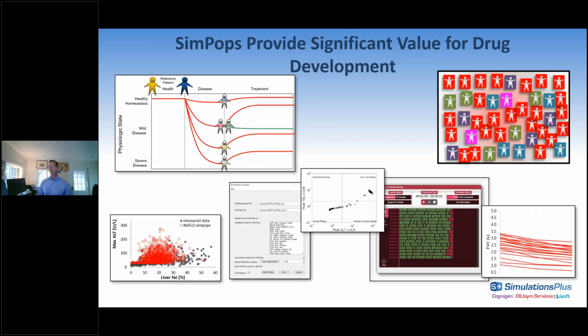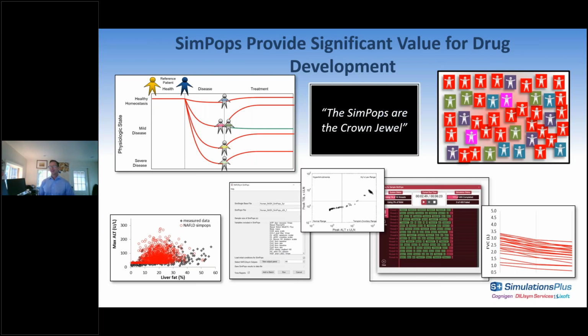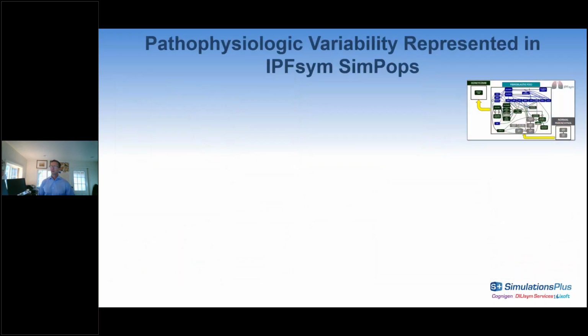If you advance one more, please. You'll see this quote from one of our users. I believe this was specifically referring to our NAFLDsym platform, where the SimPops are the crown jewel. In that particular platform, we have, I think, over 1,700 varied simulated patients, i.e. a very large SimPops, with, again, a large diversity amongst the pathophysiology and the clinical distribution. So if we go to the next slide, I'll introduce you to, again, these well-established practices to which Kyunghee referred, the methodologies for generating a SimPops that we're applying for yet another platform, and this is IPFSim.